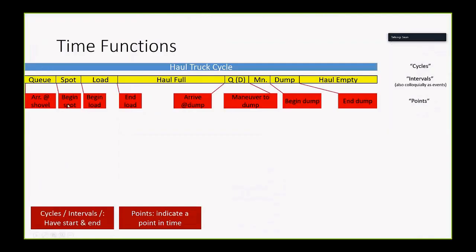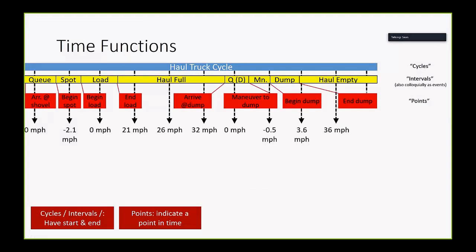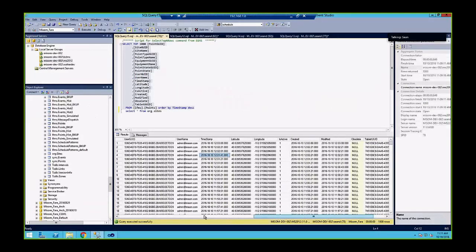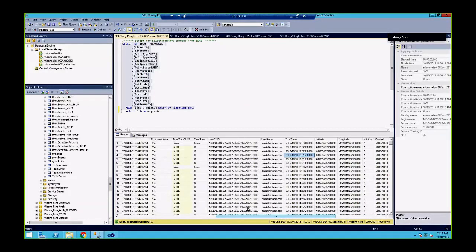But getting back to what a point or an event is, we can see these things with the start time and end time, and these are all points. Now, we might also want to log other points. For example, you saw that we have a lot of points that are miles per hour. This is also a configuration where we can capture a heartbeat of the miles per hour every X number of minutes. So as you can see, we're keeping track in the database,